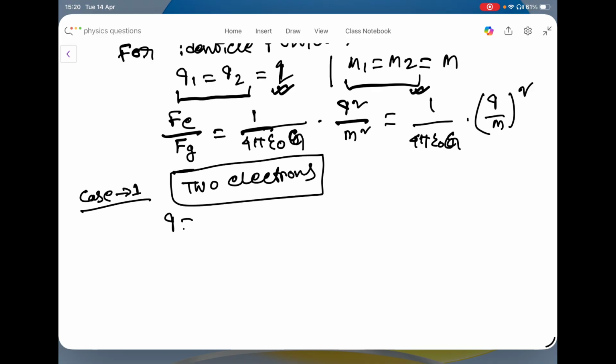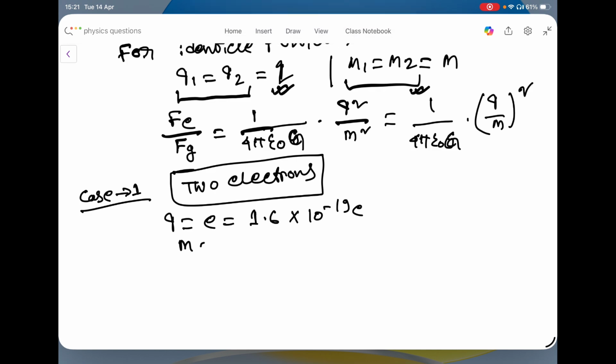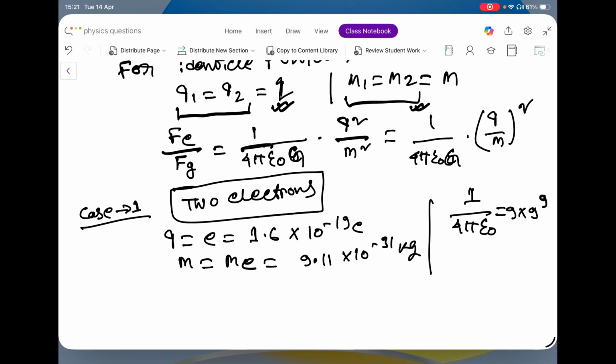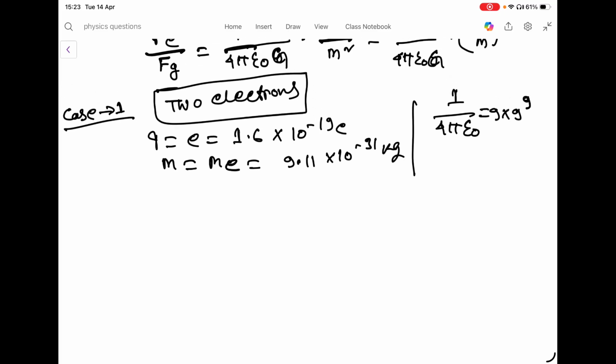So what will be this? We know what is the q for an electron: it is 1.6 into 10 to the power minus 19 coulomb, right? What is the mass of an electron? 9.11 into 10 to the power minus 31 kg. We already know the value of 1/4 pi epsilon naught: it is 9 into 10 to the power 9. So now what will be the ratio of F E by F G? You can directly put the values and you will easily get